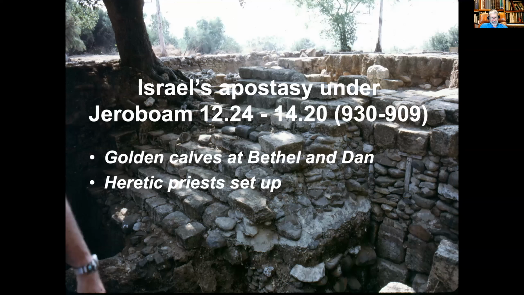So that's not bad. In the 5th year of King Rehoboam, which would have been 925 BC, we're told that Shishak, the king of Egypt, came up against Jerusalem. And he took away the treasures of the house of the Lord and the treasures of the king's house. Okay, that's in chapter 14, verse 25.